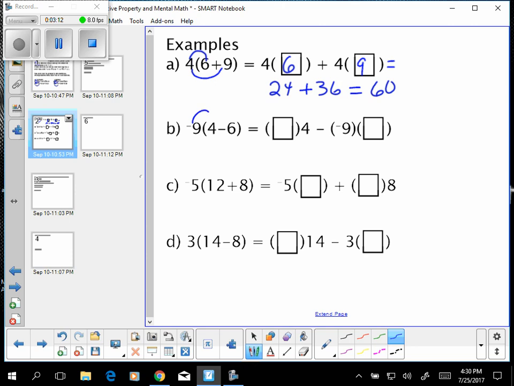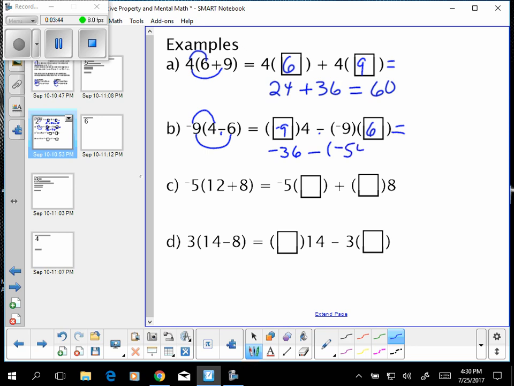I'm going to take the negative 9 and distribute to the 4. What's missing to the right of the equal sign? Well, here's the 4, but I need the negative 9. Then I'm supposed to distribute the negative 9 to the 6. Notice the subtraction sign has been copied. Negative 9 times 6. Negative 9 times 4 is negative 36 minus